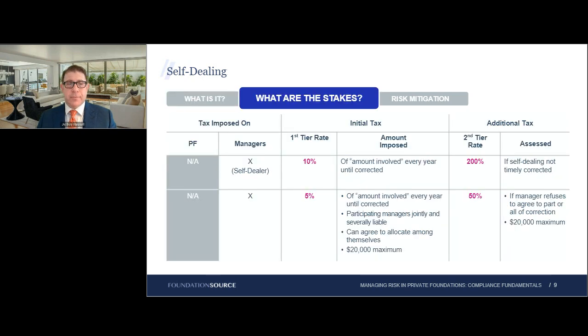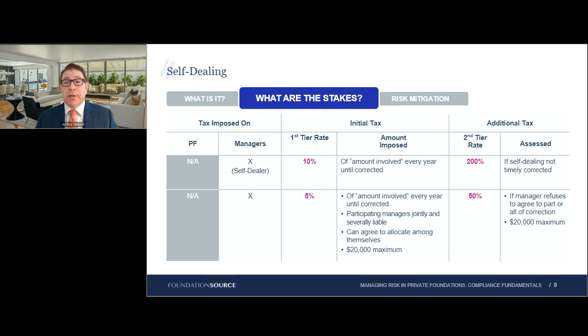So now that we're familiar with what self-dealing is, we need to understand the stakes. I have a chart like this for each type of the violations that we're going to be talking about. So let me just take a moment to explain how these charts are set up. They show which party is subject to a penalty, the foundation, the self-dealer, or the foundation manager, which includes the foundation's officers, directors, and trustees, as well as anyone else who has the power or responsibilities of the foundation officer, director, or trustee,